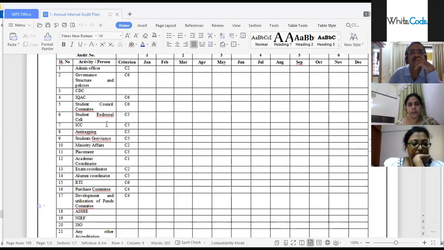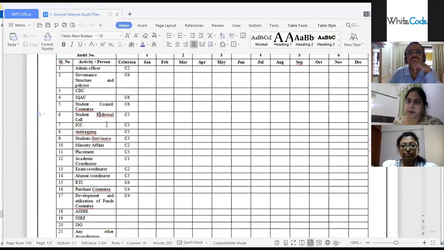The person who is taking the lead for auditing should have an idea of which particular aspects can be audited in what month,